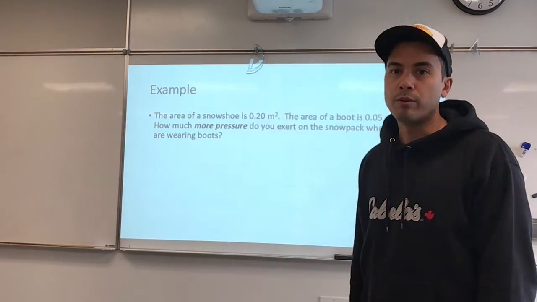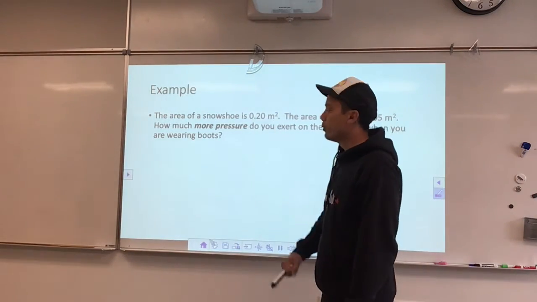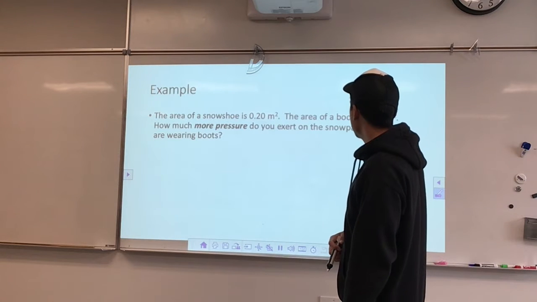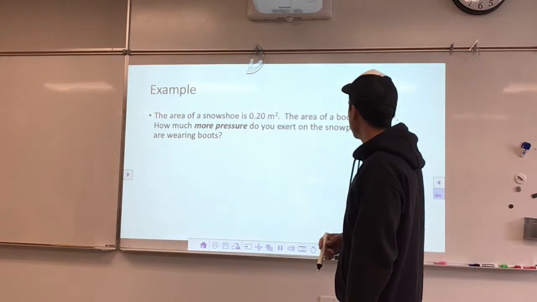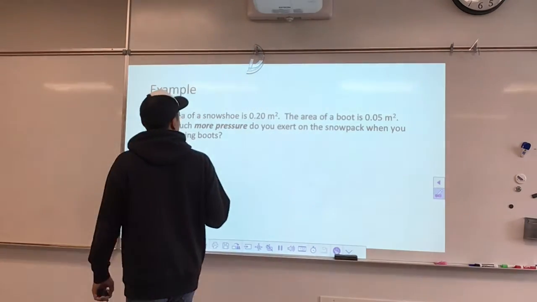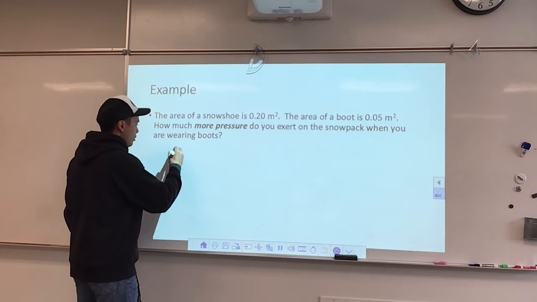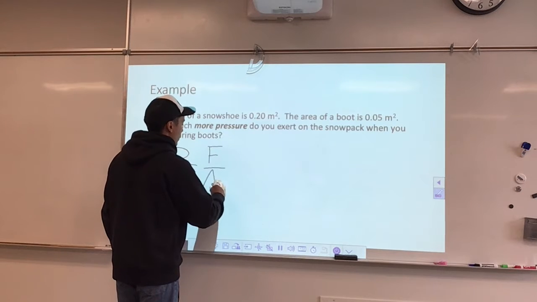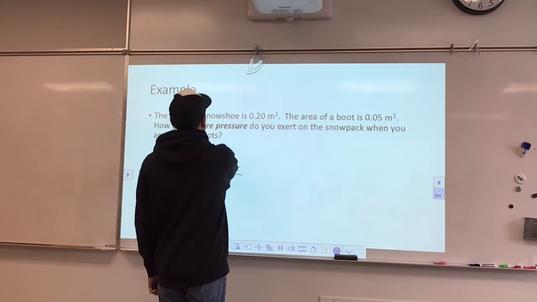So just as a review example, if we have an area of a snowshoe that's 0.2 meters squared, and the area of your boots is 0.05 meters squared, how much pressure are you exerting on the snowpack when you're wearing boots? To do something like this, you want to start off with your formula: pressure equals force divided by area. In this case, our force